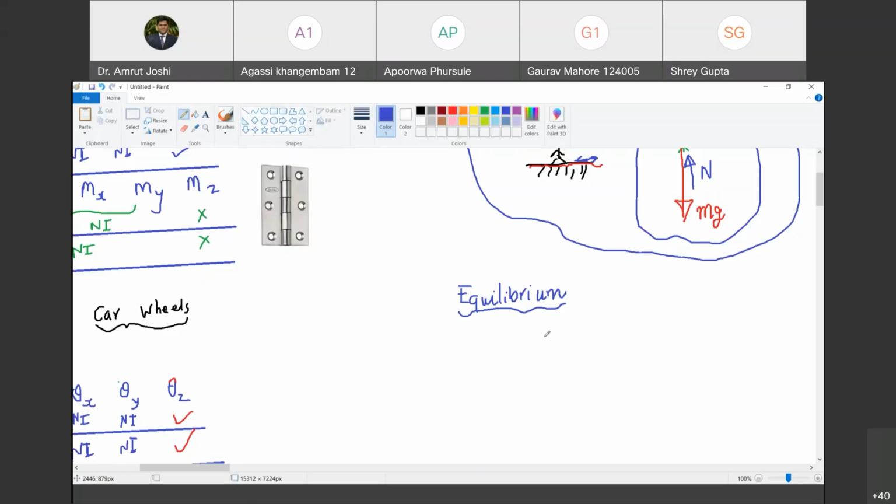Anyone else? The forces are balanced. All the forces being balanced is a manifestation of equilibrium being achieved, but in itself it is not the definition of equilibrium. Anyone else? When no external unbalanced force is acting on it. That is the manifestation of equilibrium. When equilibrium is achieved, it manifests itself as no unbalanced force or balancing of all forces. Are you with me?